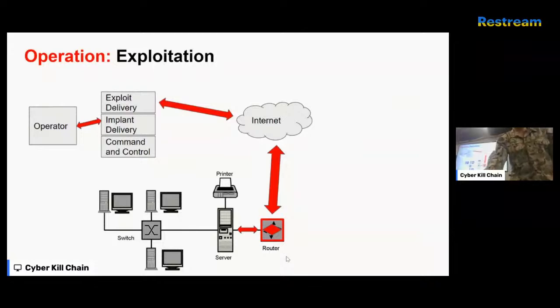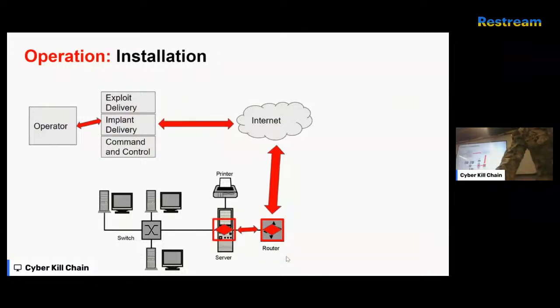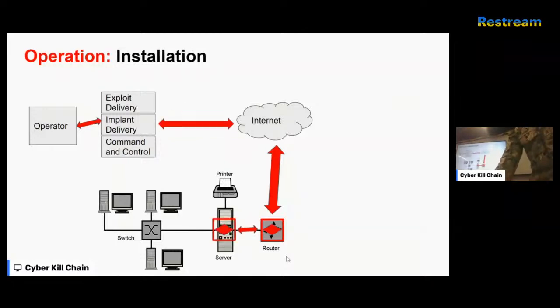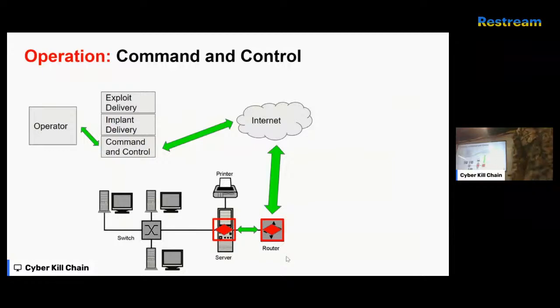All right, so then the exploitation phase, that's going onto the actual server that's behind the router so that we can hit some system behind it. And then installing onto the server. So, right, it's exploit to install. And then once we get that exploitation and installation done on the server, then that's when we want to try to get our command and control on. That's what the green is.